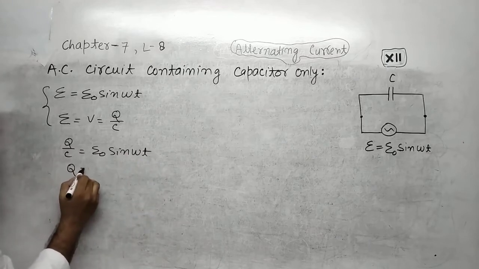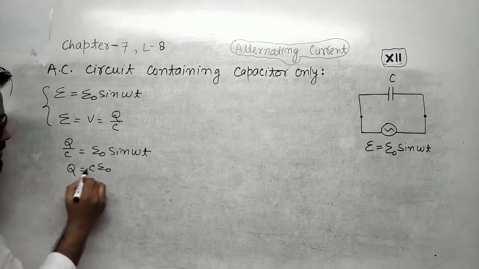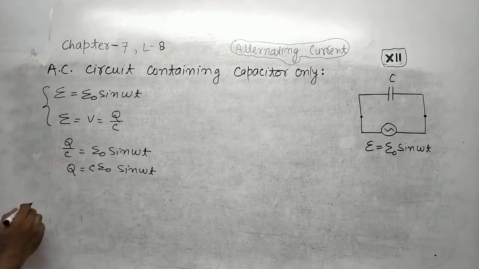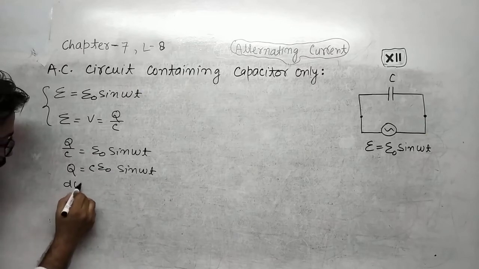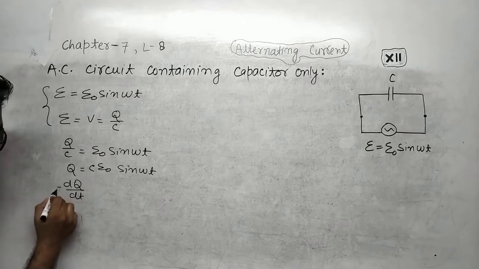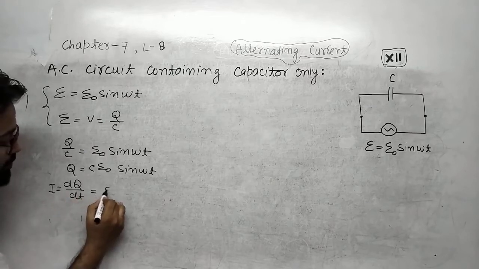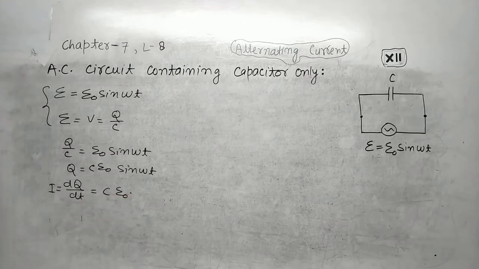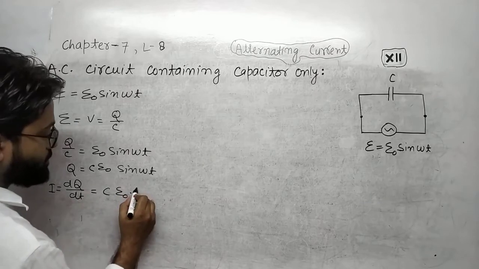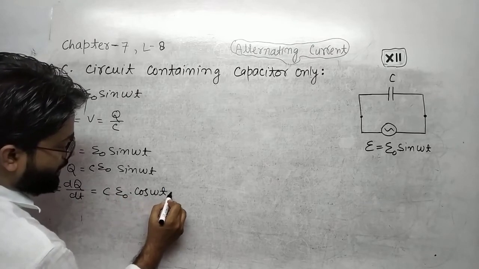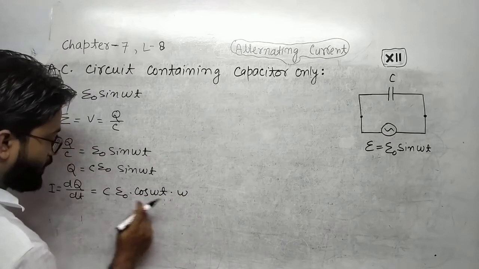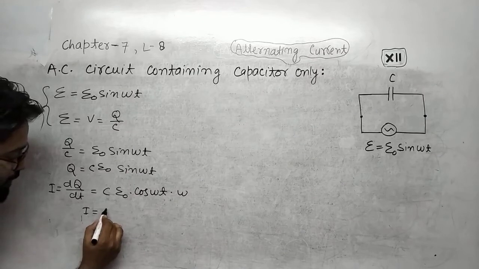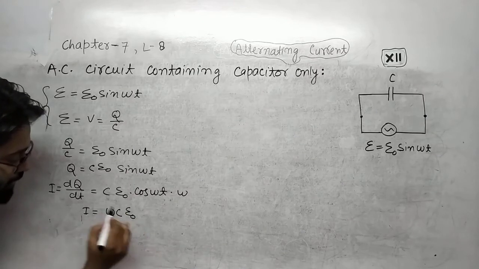Q is C into E naught sine omega t. We have to calculate the current, that means dq upon dt, which is equal to the current, and it is equal to C E naught, and the differentiation of sine is simply cos omega t into omega. Finally we can write I is equal to omega C epsilon naught